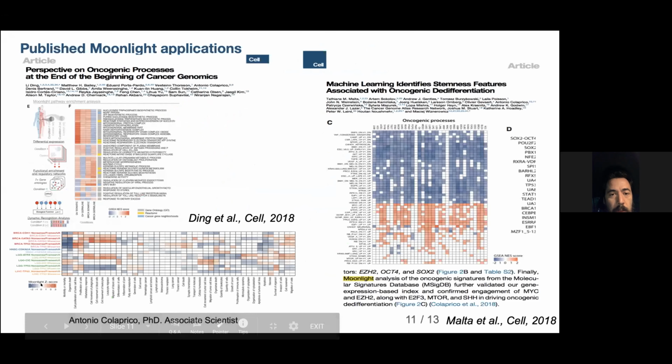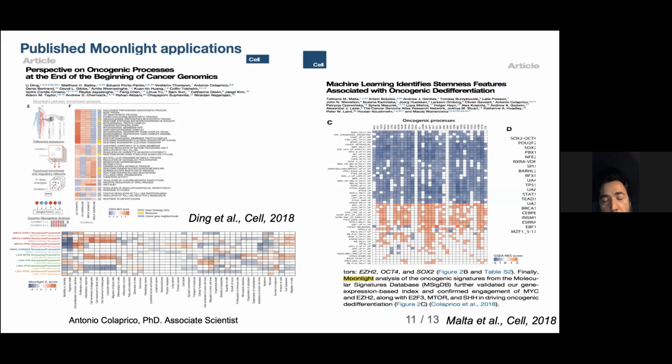Moonlight has already been used. We had this bioRxiv paper for 2 years, and then we used it in the oncogenic process paper from the TCGA pan-cancer atlas. So, for instance, we identified specific differences between frameshift and nonsense mutation, and also in the stemness paper in Cell 2018, we used Moonlight to identify oncogenic processes